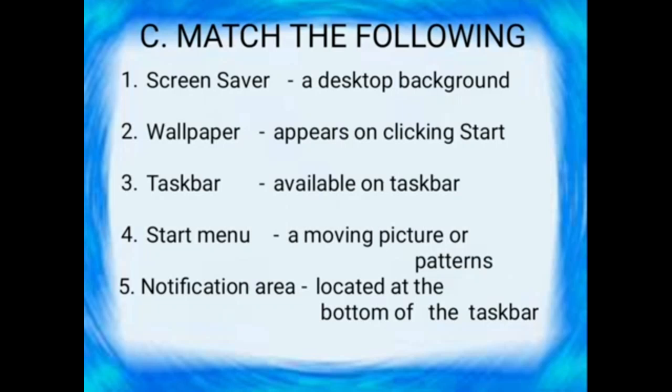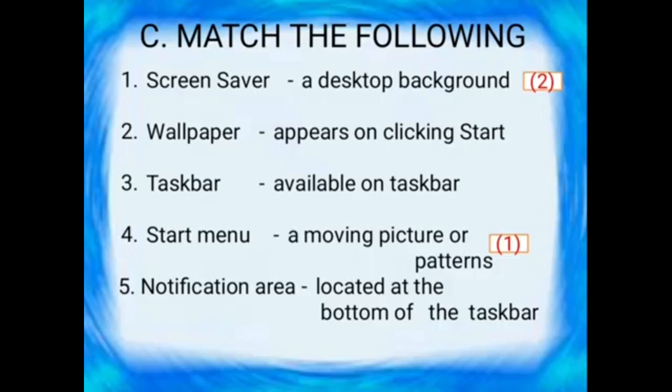First one, screensaver. Screensaver means what? When your desktop is idle, the screen changes. When we set the screensaver, that means a moving picture or patterns. So the answer is a moving picture or patterns.